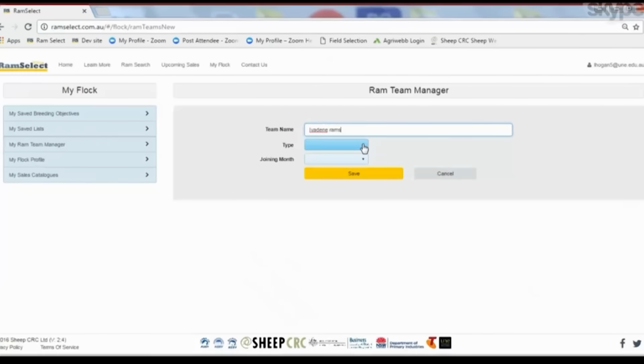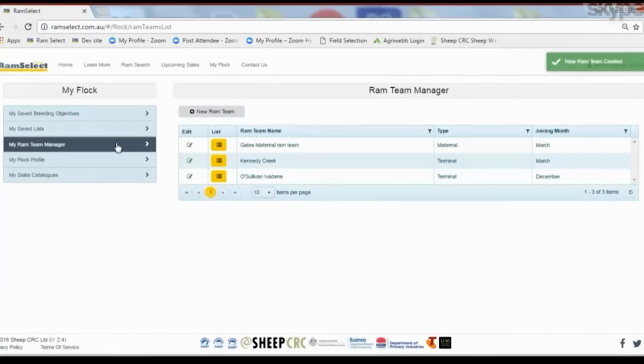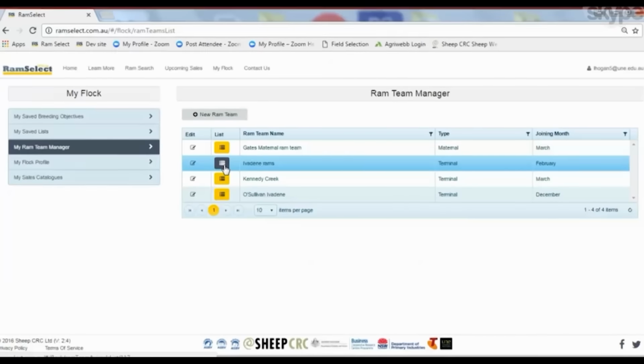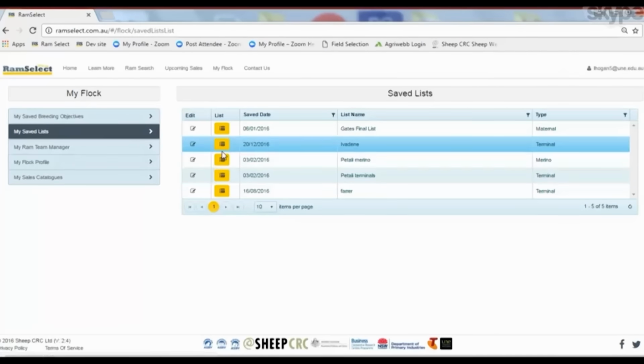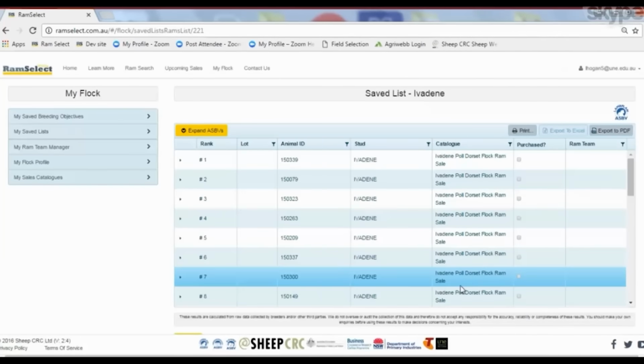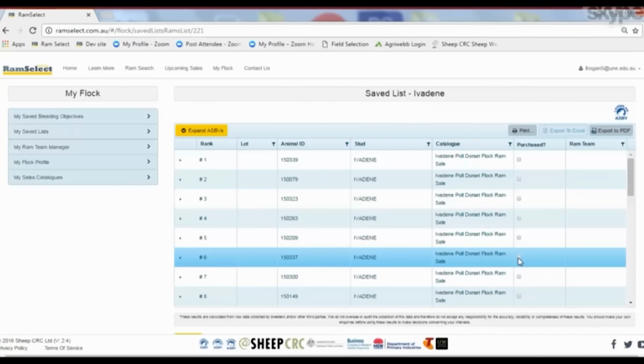I'm going to indicate the type, which is terminal, the joining month, which we'll say is February. I'll save that in my RAM Team Manager, and there's the Iverdeen RAM team there. So I can now go back to my saved RAM list for Iverdeen, and I can say, for example, if I bought ram rank number 6,